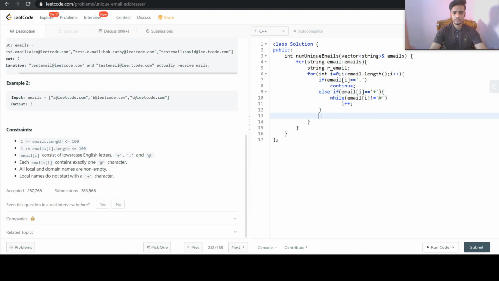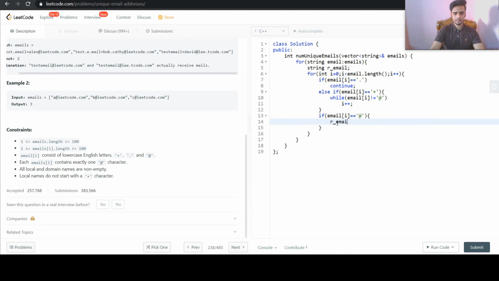So here, if email of i is equal to the @ symbol, then we will add everything from that @ to the end of the email.